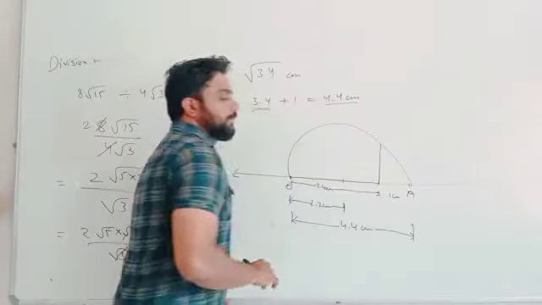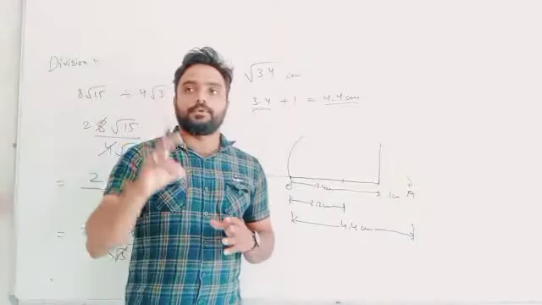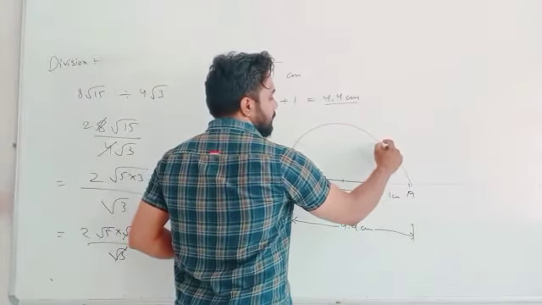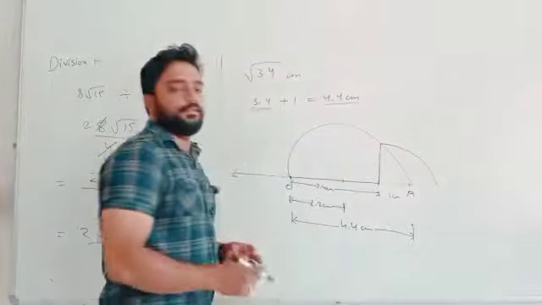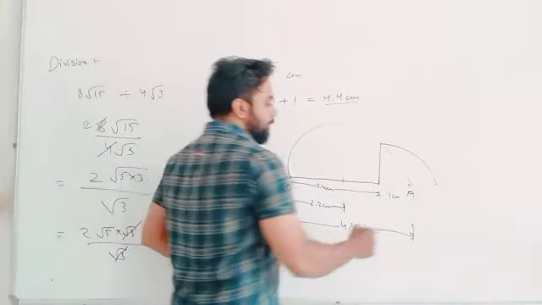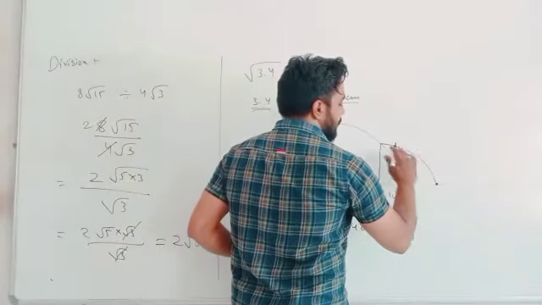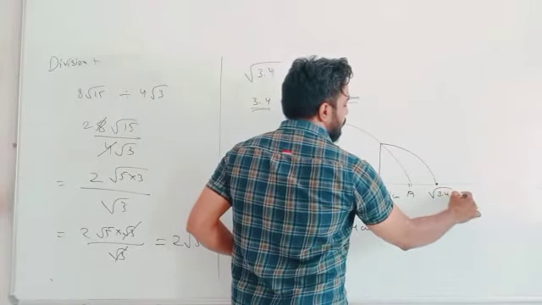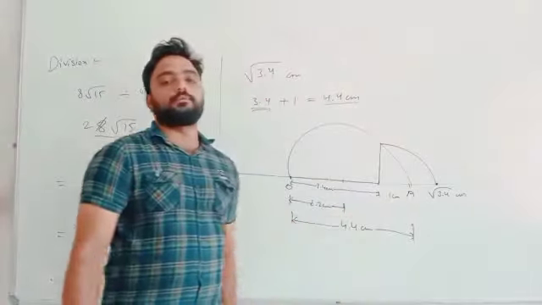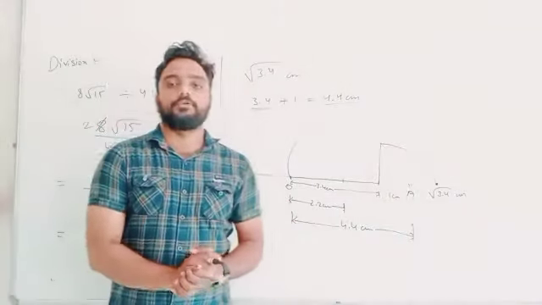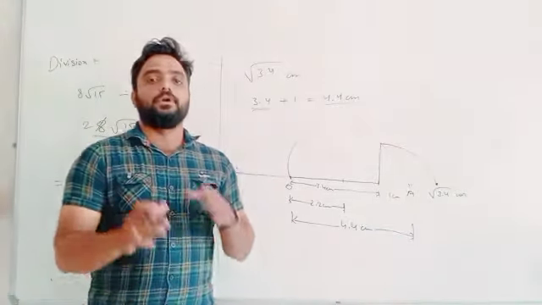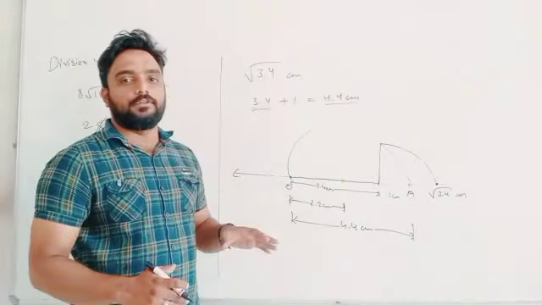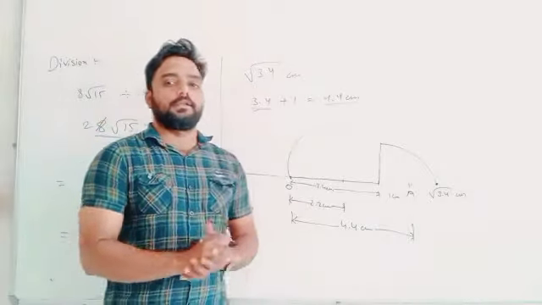The remaining portion is how much? 1 centimeter. Now next step, you have to take the rounder, put the pointed part of the rounder here and the pencil portion here, and draw an arc in this way. So these values which we are getting here, the intersection between the arc and the line, that value is the square root of 3.4 centimeter. Understand or not? So this is the basic method in order to find the root of the decimal value on a number line. Understand or not?